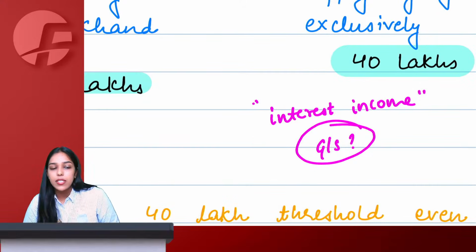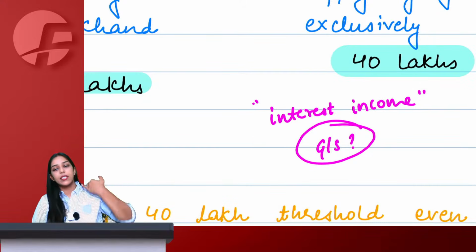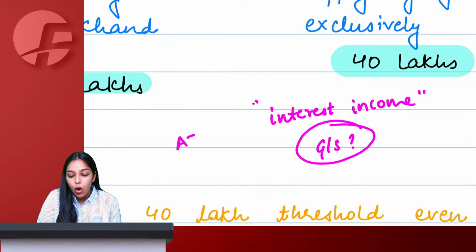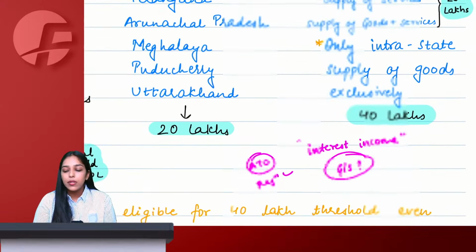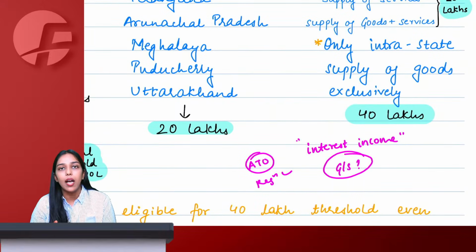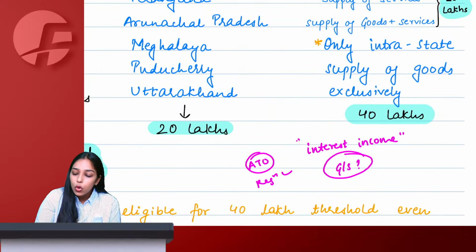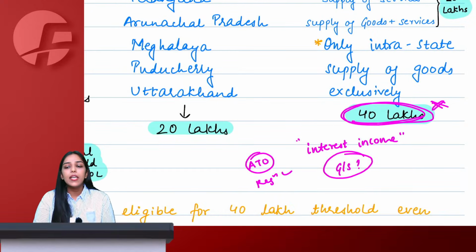Ma'am, of course, it is a service, because giving money and then earning interest is a service. And interest income forms part of aggregate turnover under the registration chapter, right? And in India, of course, there will be no person who is not earning any interest income. So, ma'am, according to this, every single person in India is engaged with services. So, nobody will get the 40 lakh benefit, right?